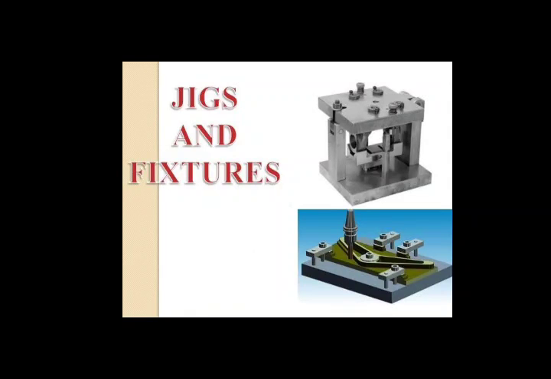Many times it happens that due to the casting properties of the base material, there may be a small adherence or a small joining occurring between the hot chips that are produced due to machining or drilling and the jig body, and there may be a temporary or permanent adherence with the jig body. Therefore, it will damage the jig body itself.